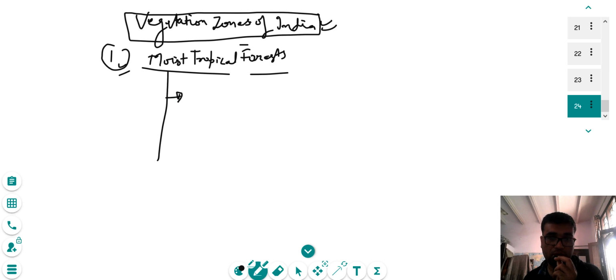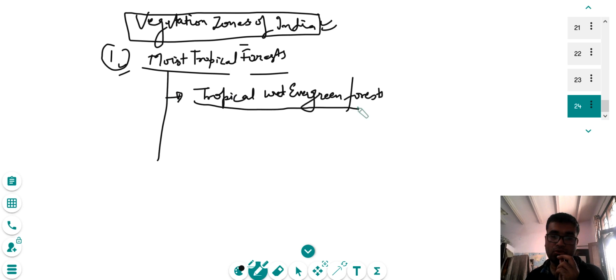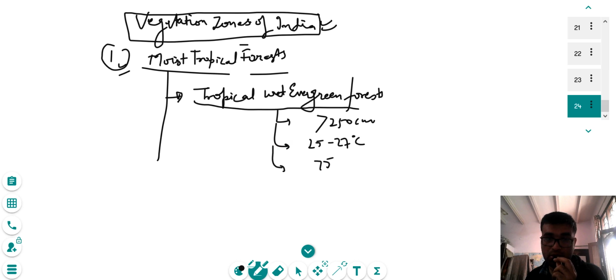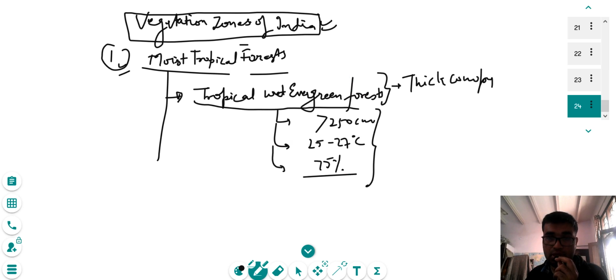Number one is the evergreen, the tropical evergreen forest. Tropical wet evergreen forest. These forests are found along the Malabar coast on the western slope of the Western Ghats, where the rainfall is greater than 250 centimeter. Temperature is between 25 to 27 degrees centigrade, and the humidity is about or more than 25%. This is the condition, and the trees are very thick. Thick canopy of trees is there in the western slope of the Western Ghats in the Malabar Kerala region,